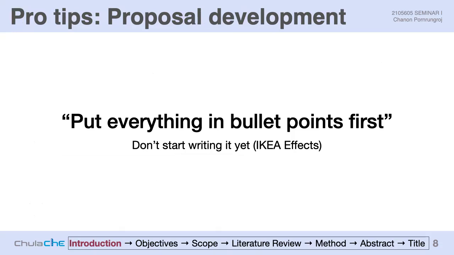And don't start writing yet, because of this IKEA effect. You know IKEA, right? The furniture brand. Let me tell you more about the IKEA effect. When you go to IKEA and buy a table, asking them to assemble your table costs $20, and the table also costs $20. You as an engineer, you don't want to pay for that. Right? You come home, you try to put everything together by yourself